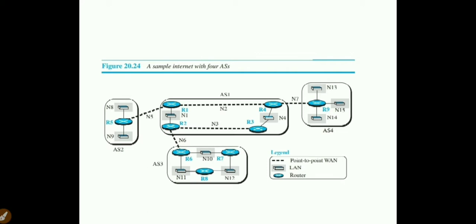It is going to connect more than one autonomous system. Any two autonomous systems can be connected via an interface router called a border router. Here R6 is a border router. In the same way, each and every autonomous system has one border router. That border router helps to communicate with another autonomous system.